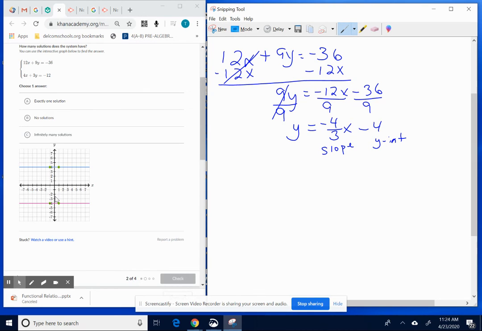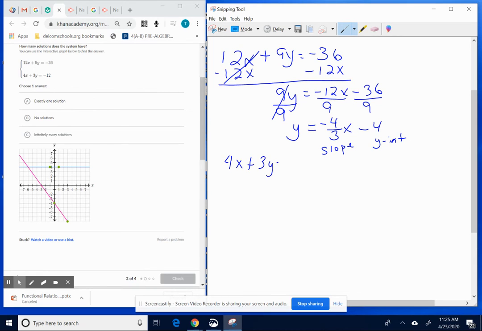I'm just going to use my red line here. I'm going to start with -4 on the y-axis, so I'm going to drag one of the points on -4 on the y-axis. And then from there, I'm going to take my other point, and I'm going to travel down 4, right 3. So there's my top equation graphed. Now I'm going to graph my bottom equation, but just to give you both ways, I'm going to graph the bottom equation using intercepts,